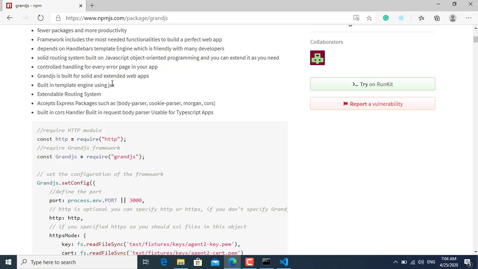And also, grandjs can be used for building RESTful APIs, so maybe you don't need JSX or to render HTML pages. You just need to build RESTful APIs, so grandjs is a good solution to build your RESTful APIs. And later on, we are currently working on building a GraphQL engine for integration with grandjs. So soon grandjs will support GraphQL to extend and to solve your RESTful API architecture. Okay,